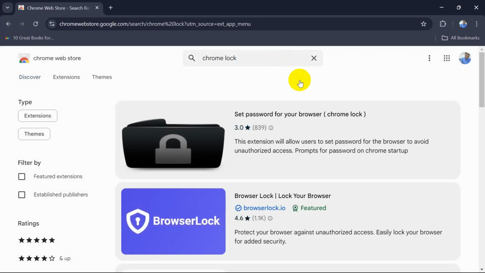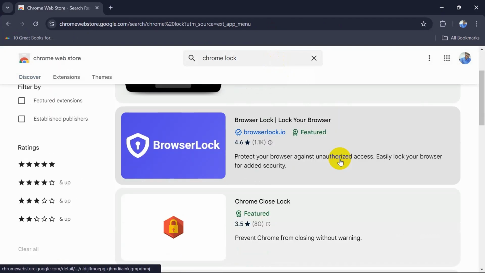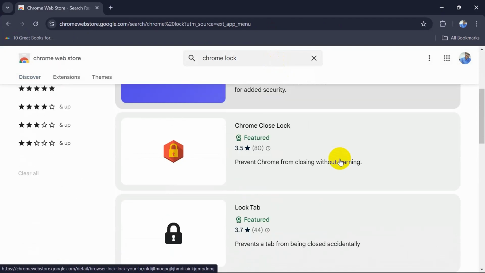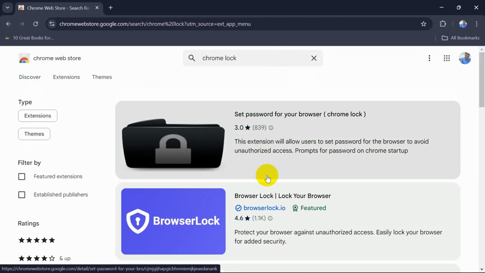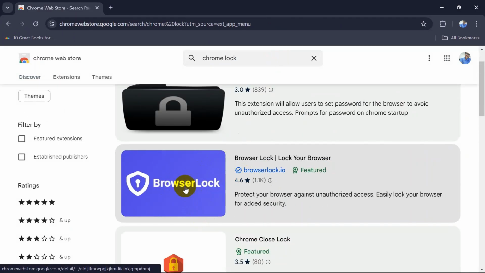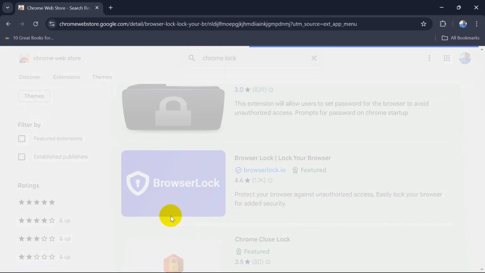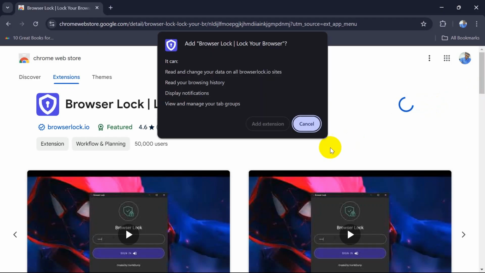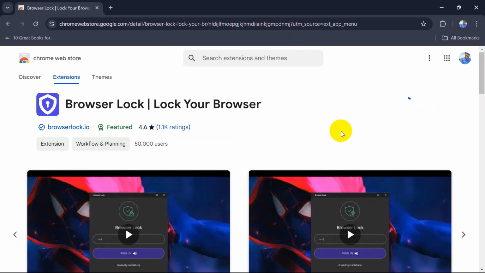and then click enter. And after that there are quite a lot of options, so I would prefer you to go for this option because it has 1.1k downloads and a 4.6 rating. So click on that, click add to Chrome, add extension,